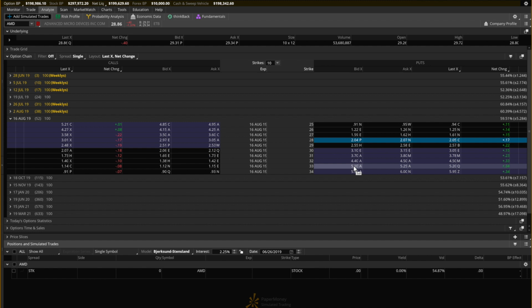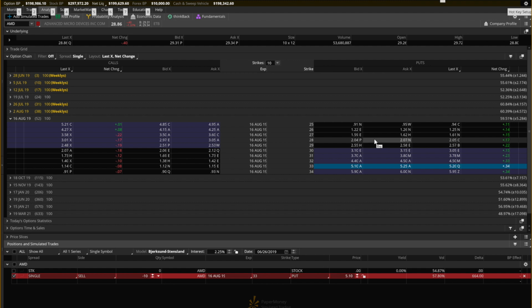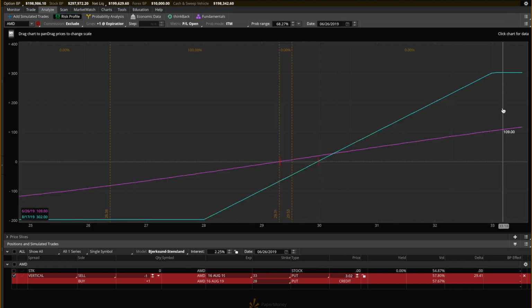So what I want to do is put a little bit of insurance on my trade. Instead of just selling the put alone, I'm going to sell the put that's in the money for $510, so I would be collecting a $510 credit. However, I would be risking that much. Then I'm going to buy an out of the money put. So, sell a higher in the money put and buy an out of the money put. I'm going to buy this $207 put, and let me drop this down to 1. That puts us at a risk profile of a maximum gain of $302 and a maximum loss of